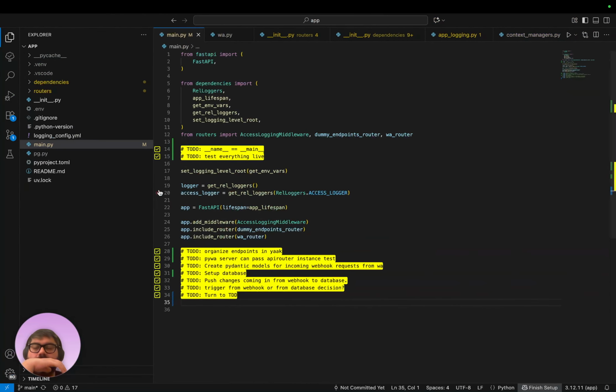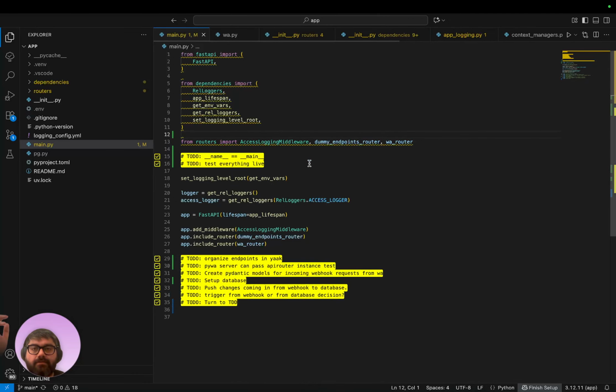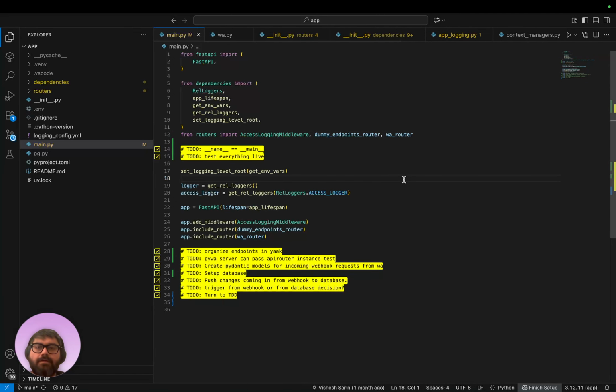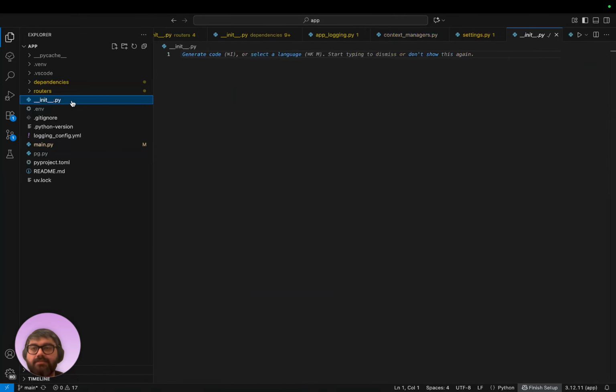we'll start by showing here, and then I'll go back to the GitHub diff if it's necessary. Essentially, it's been a significant refactoring. I moved almost all of the code in main.py to other places. I created these two directories, dependencies and routers. I also added an empty dunder init to root,